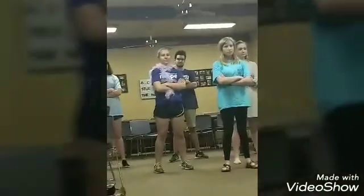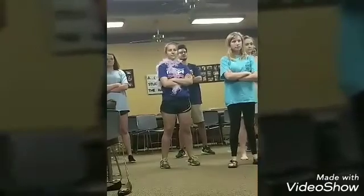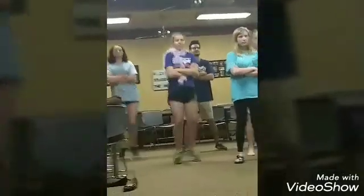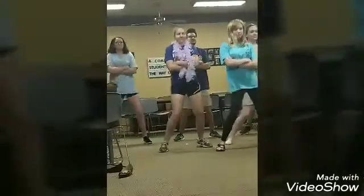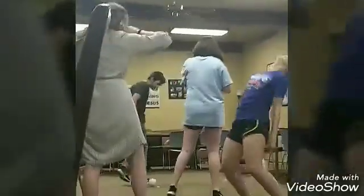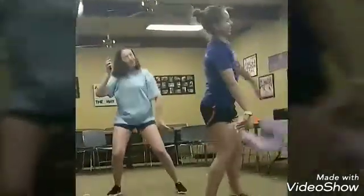Here we have a herd of wild freshmen performing what seems to be a mating ritual. We are very, very lucky to be witnessing this wonderful experience. Scientists aren't really sure why this is the particular ritual that they've chosen. However, with a little more research, we might find out. They seem to be performing a very, very odd mating ritual, slightly different from the ones we've seen in the past. Here we see this particular Katie and Emily